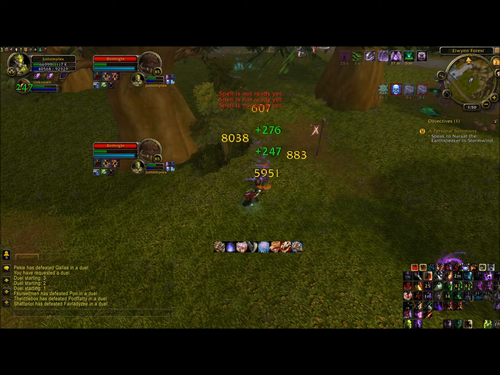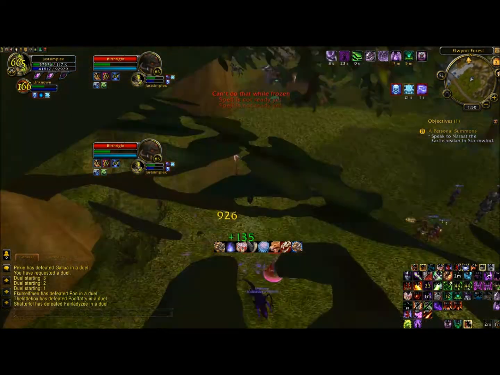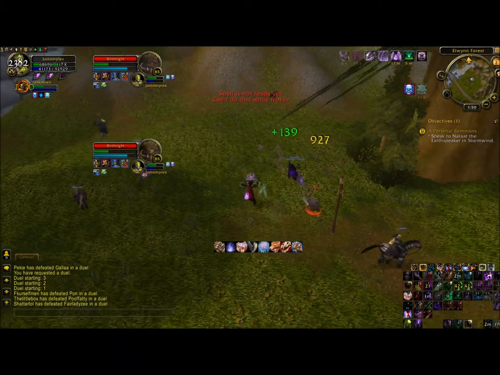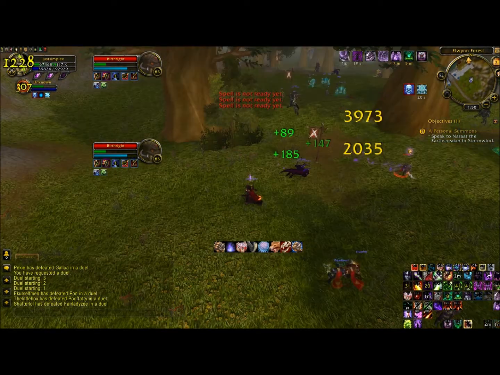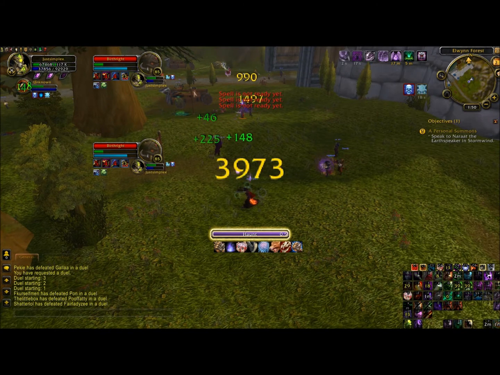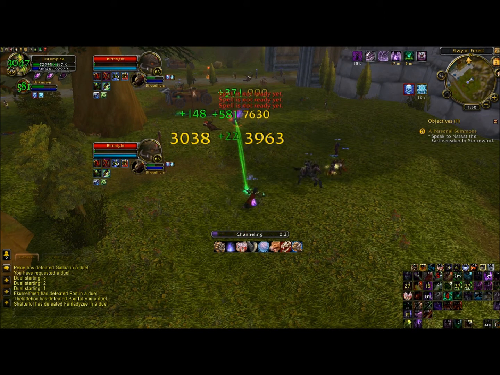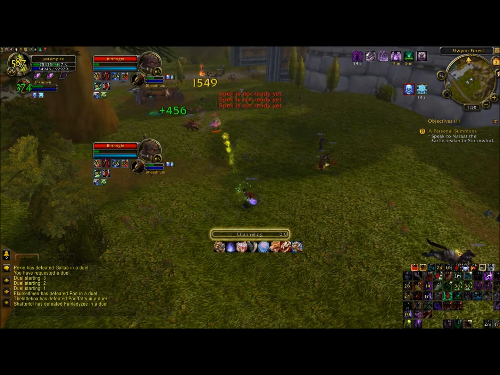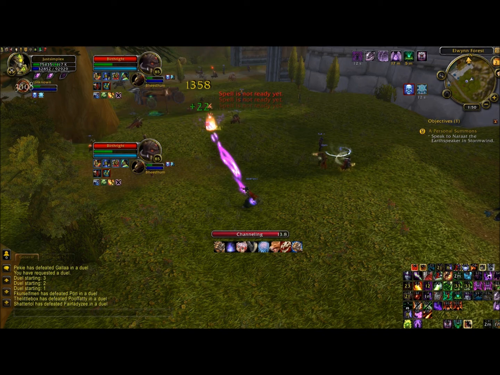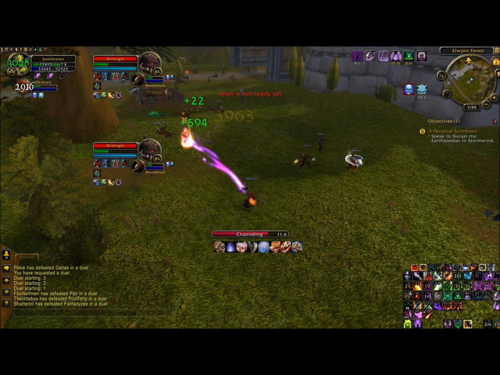And then here, after the second Hungering Cold, I just need to get him into another fear, so I'm waiting for my Howl cooldown. Get him into a Howl. Can't break it. Get a Haunt off for more healing, more damage. I think I go for the kill here, so I spell lock him. And I think he got either a pet sac off, or maybe he pet sacked earlier, or a death strike,